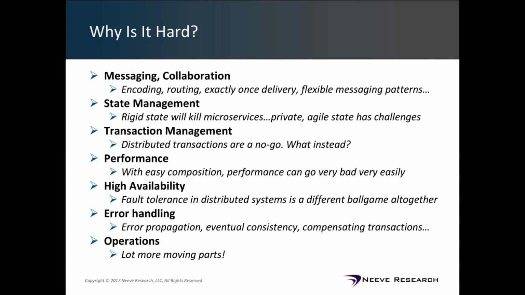So the performance requirements from each agent start going higher and higher when it comes to microservices environments. Of course, you need to continue to operate in a highly available fashion. It becomes a lot more complex when you're working with multiple collaborating components rather than one monolithic component, and therefore high availability has its own challenges. Error handling and operations all become a lot more complex because you have a lot more moving parts to work with.